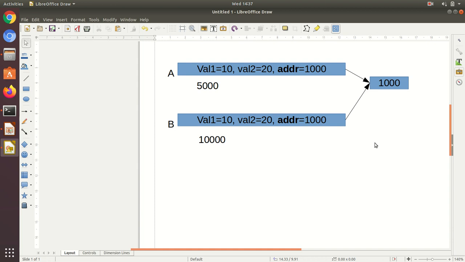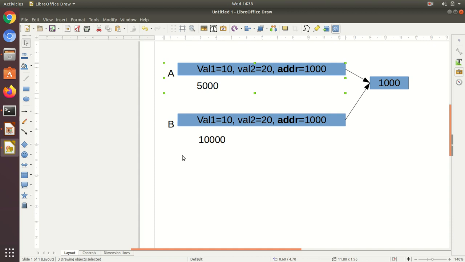Now we know that when an object is destroyed, we take care of the allocated memory by freeing it up by calling delete. Imagine we remove this object, or go beyond the scope of this object.